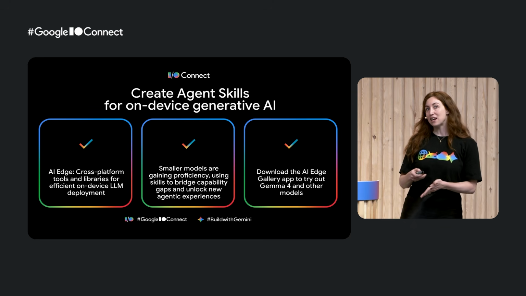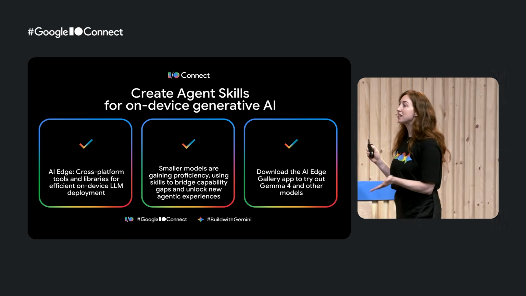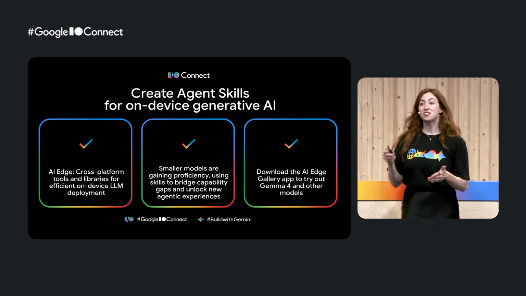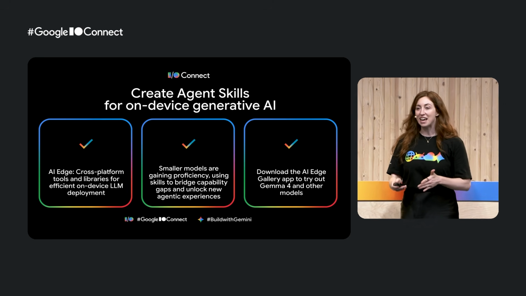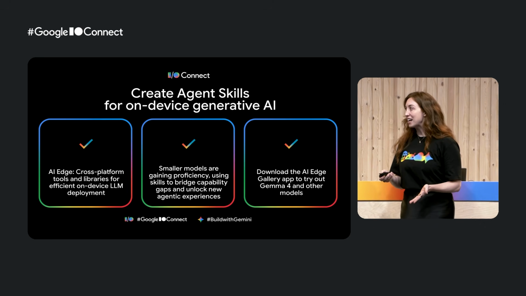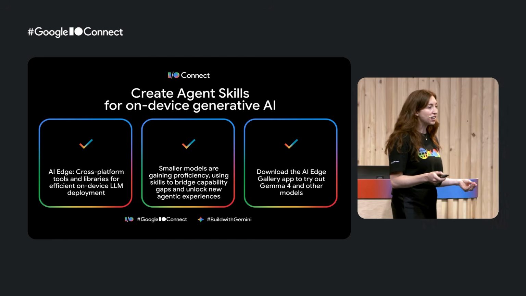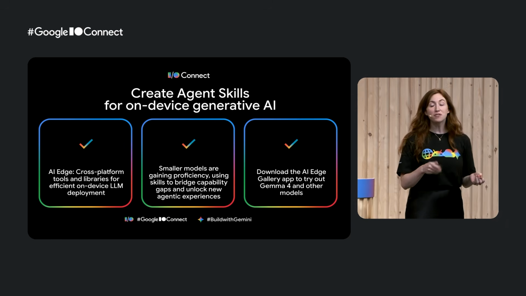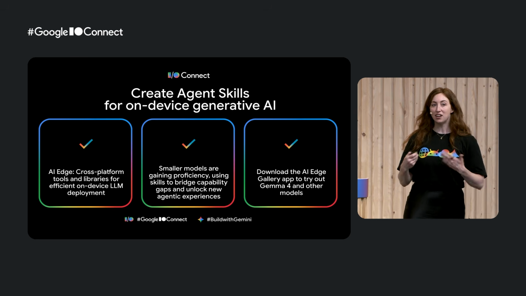And just for a couple takeaways from this workshop, Google AI Edge, it's our cross-platform library of tools for efficient on-device LLM deployments. So you can use it for a wide variety of platforms, everything from mobile to web to desktop to Raspberry Pi. LiteRT-LM is going to be your API for that. Smaller models are gaining proficiency. So models are getting better, they're getting smaller, they're getting better at doing things, and agent skills, like the one we made today, is the way to bridge their usefulness gaps and unlock new functionality for them